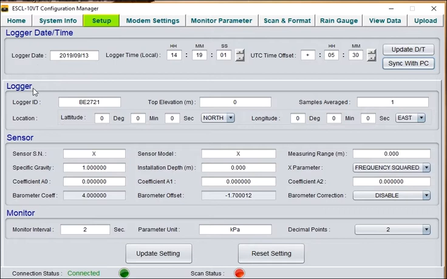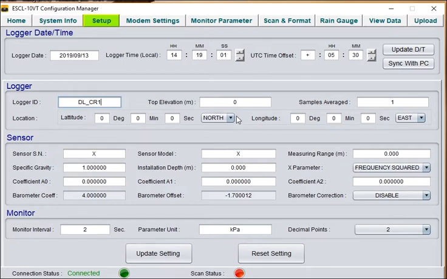The logger ID: you need to give the particular data logger an identification code, and it depends on the site. So where you want to install, suppose you want to install in control room 1, you can give DL1 control room 1, DL_CR1, so that is the logger ID you have given.